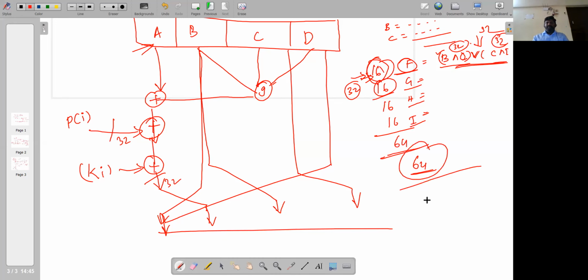At the end of the 64th round, whatever output we get is 128-bit. That will be forwarded to the next block. All the 512 bit blocks present in the input will be processed by applying all these functions, and finally that will produce the 128-bit message digest or hash code.